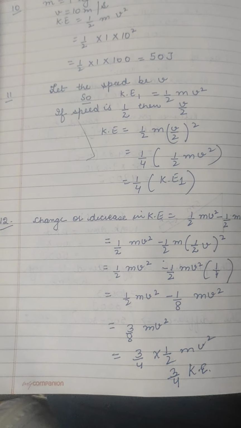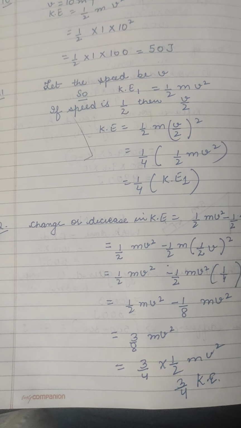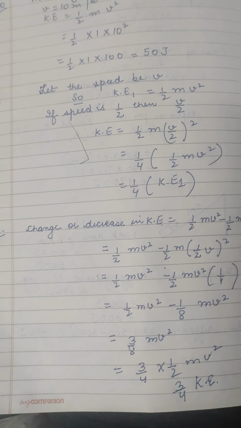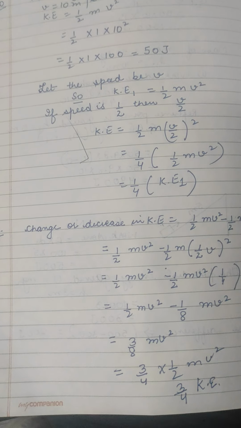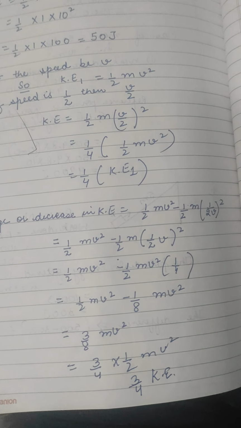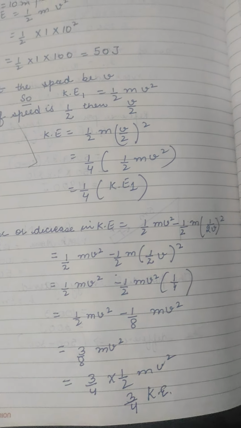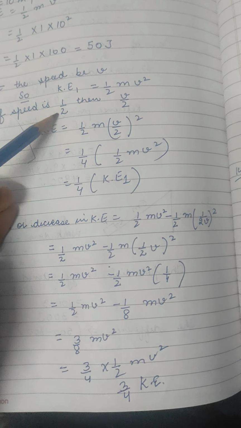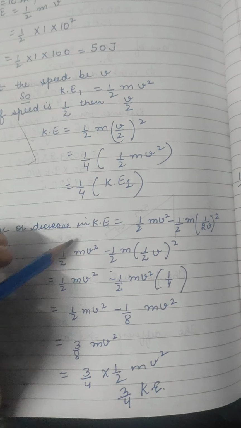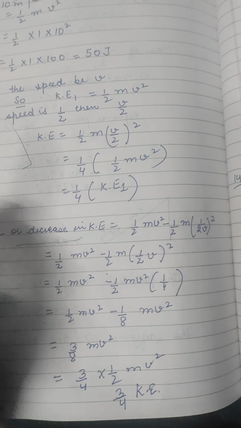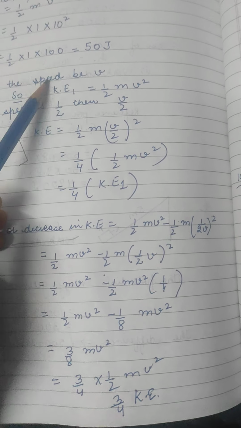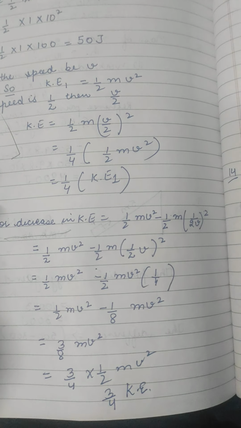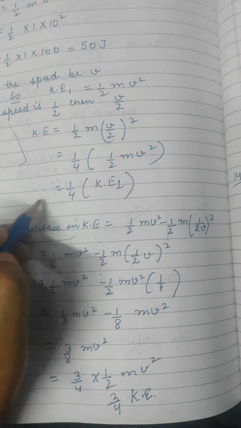Okay. Now in the 12th question, what they are saying: calculate the decrease in kinetic energy of a moving body if the velocity reduces to half of the initial velocity. So what you have to calculate? Now you have to calculate the decrease, so we are subtracting both the values. You can directly proceed as we have done in this question. We do the same procedure, but here I have directly subtracted. Fine, you can do it in any way. Either find out the first one first and then the second one, and then subtract, that is 1 minus 1 by 4. It is completely your choice how you want to do it.